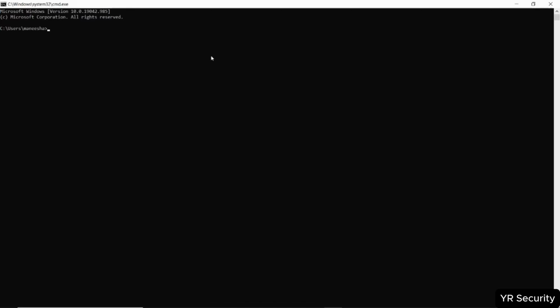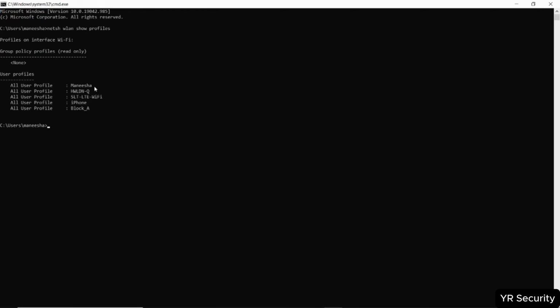First, type here netsh wlan show profiles. To view the saved password of each access point, then type here netsh